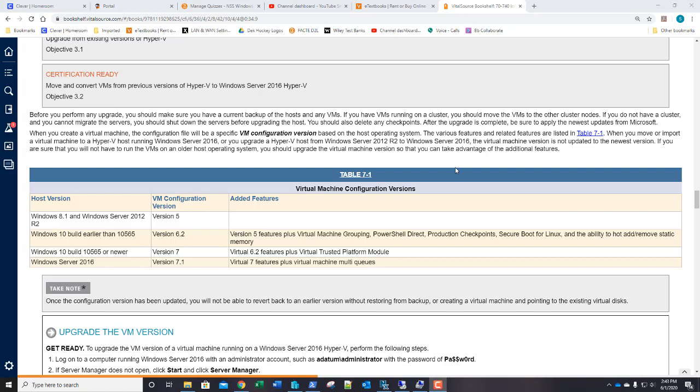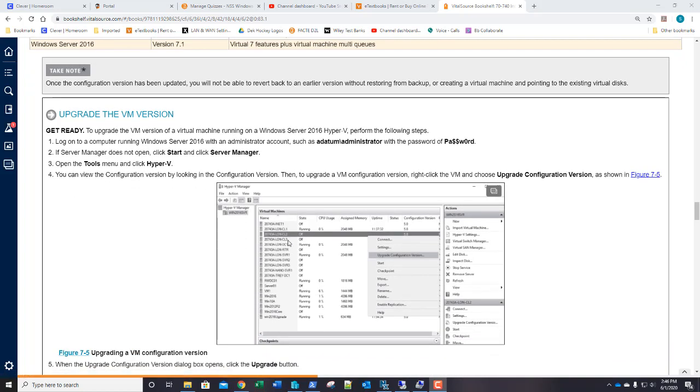Understand that if you simply move a VM, say from Windows Server 2012 R2 to Windows Server 2016, you will not get those new features automatically. So if that VM is going to stay on that newer host, you may want to consider upgrading the configuration file. How do you do that? You simply right click on the VM and you will have an option to upgrade the configuration version. Understand though that it's a one-way upgrade. You will not be able to revert back to an earlier version